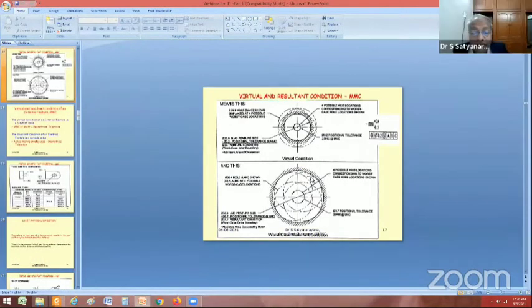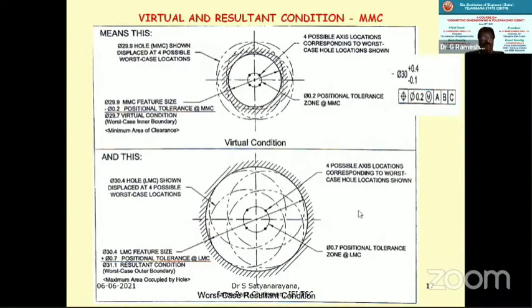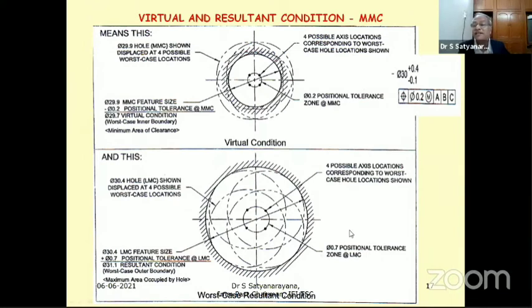Yeah, this is the resultant condition. I will share this screen. He will explain because he is more... Full screen better, sir. Full screen. Okay. Sir, the bottom one you can explain about the resultant condition. Are you able to see this? Yeah, I am able to see, sir. I want a reply only from you. This bottom one is. Okay, yeah. But we must have the feature also, sir. Where is the dimension drawing?